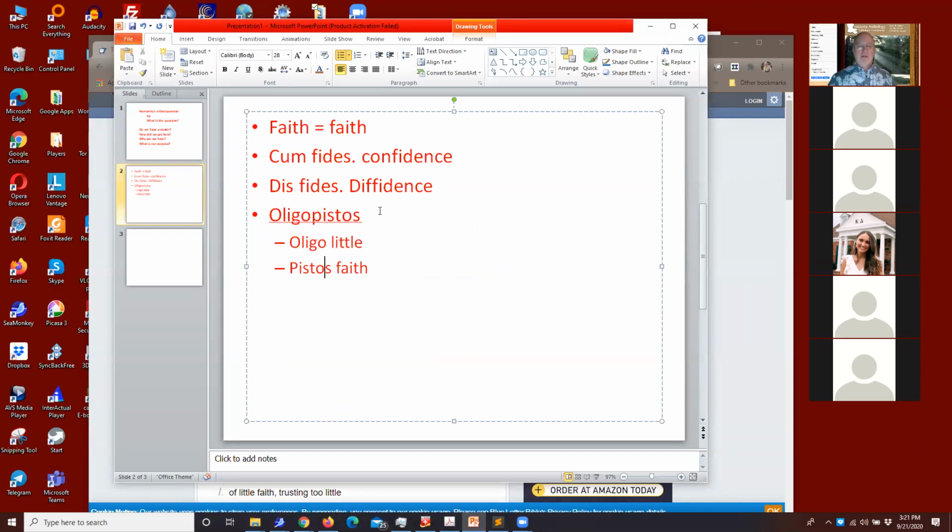So there we go. The one on the right is the way it looks in the Greek Bible. The one on the left is how it looks in English. Most of the times it occurs, every other time but the one you mentioned, oligopistoi is in the plural. So, "Oh, ye of little faith, why don't you trust that your Father in heaven will take care of you?" That's in the Sermon on the Mount. That's to everybody. Every other time it's to the disciples.